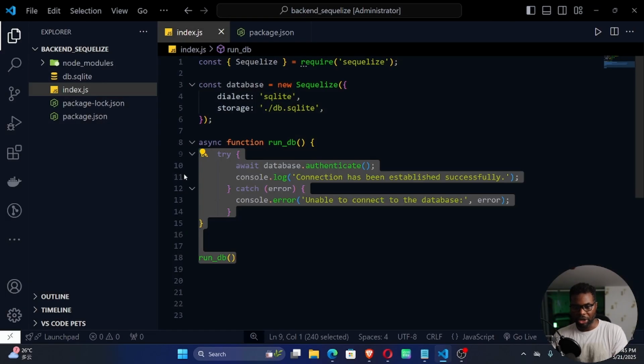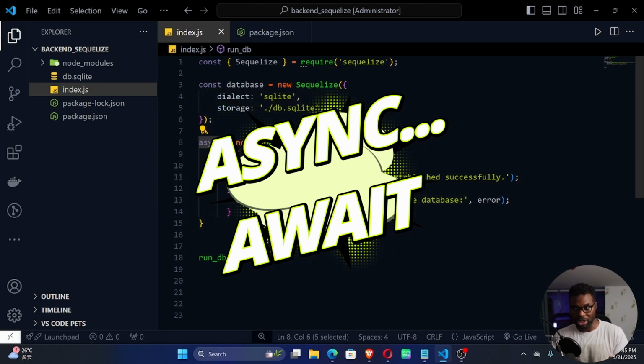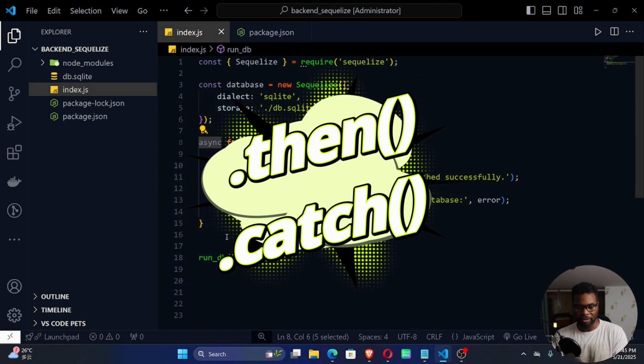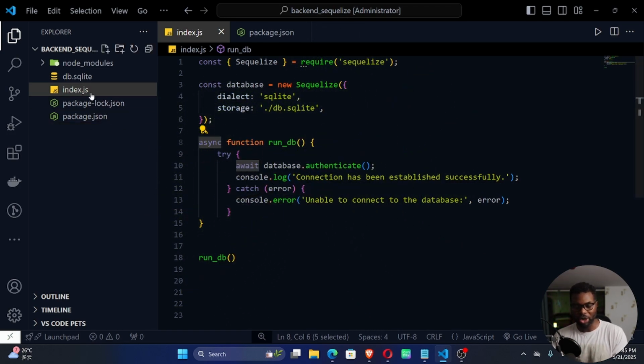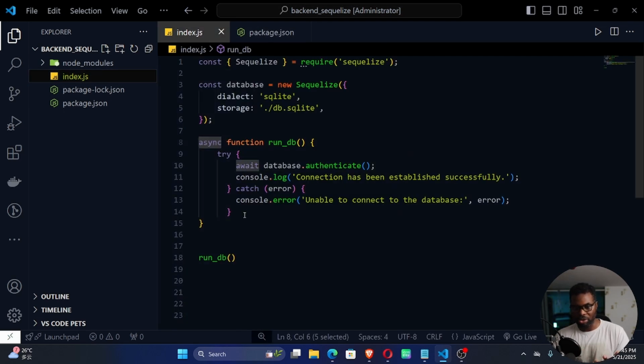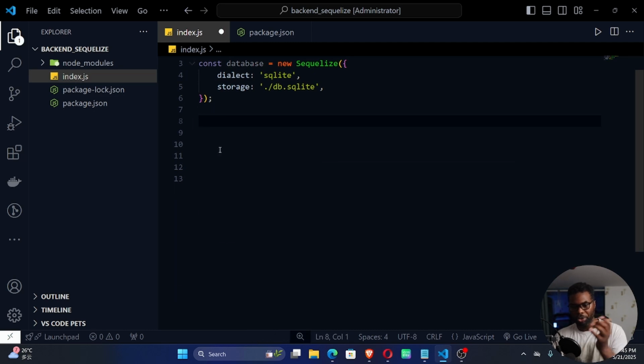All right, so we created our database right here. I want to show you something else today. Some people prefer using this async/await if you're dealing with asynchronous code, but some might prefer to use the .then format. And so this is what I'm going to show you right now. I'm going to delete this database right here, so that we can recreate it. Okay, so instead of using all this right here, I'm going to do away with this. So what you can do is you can say